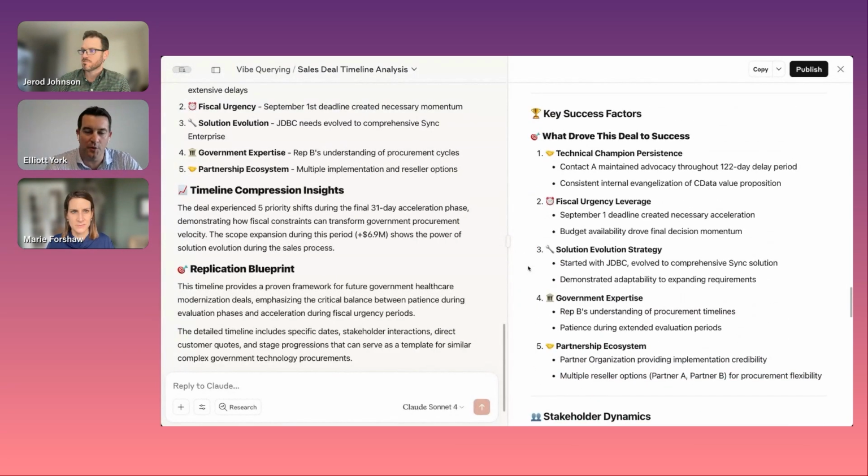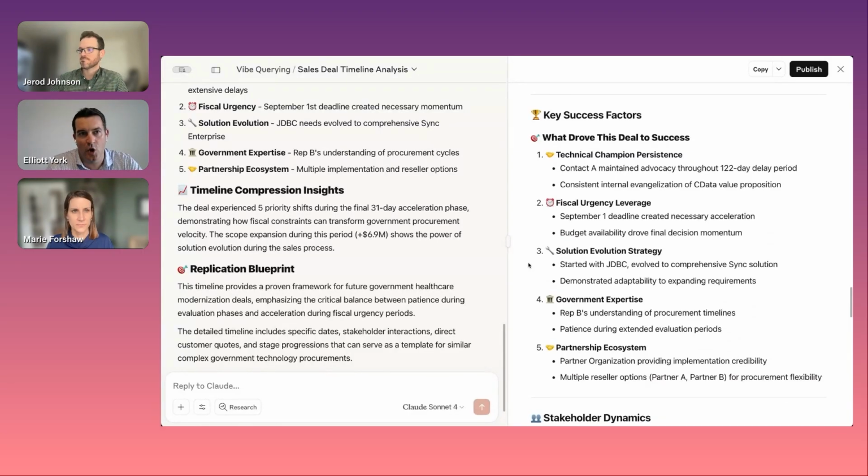You could probably do a couple of deals at a time, but the whole point would be to do this at scale with a cohort of customers. You just ask Claude, hey, for this cohort of customers, I want this kind of information summarized, and it's able to look at all of this qualitative data across all of these different sources. That could be really useful. And I think we'll get there, but we're early on in utilizing this.